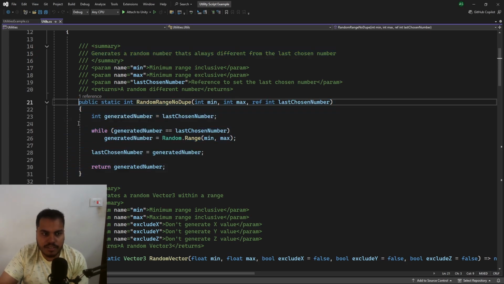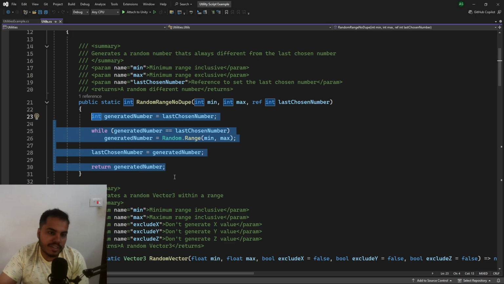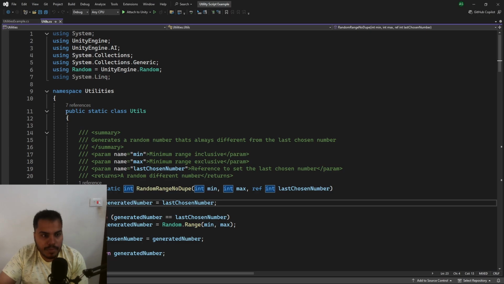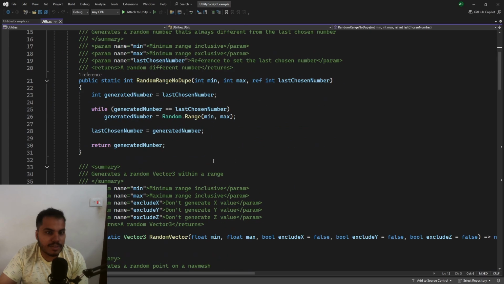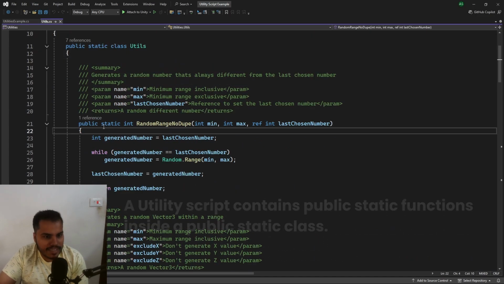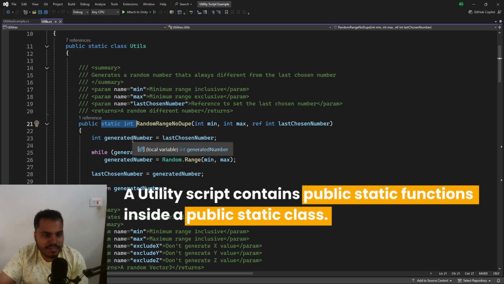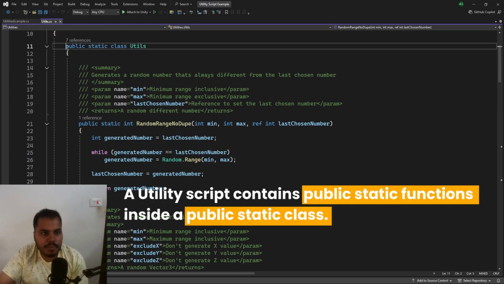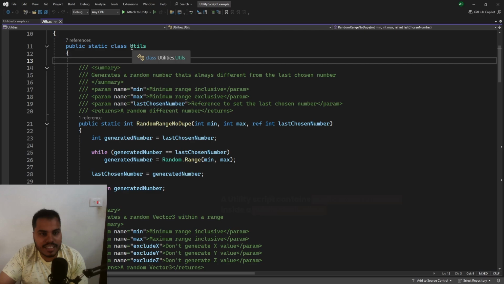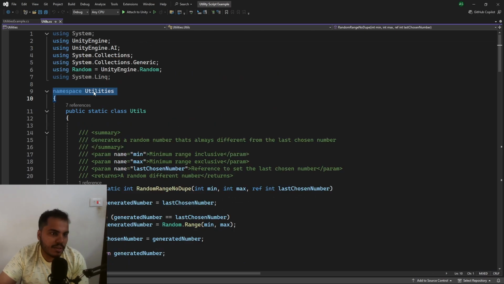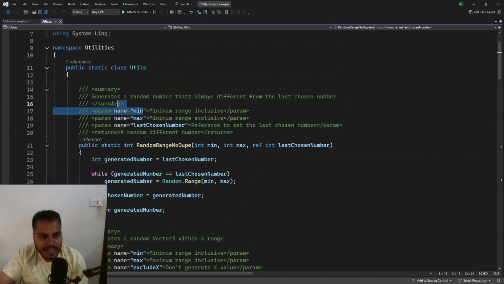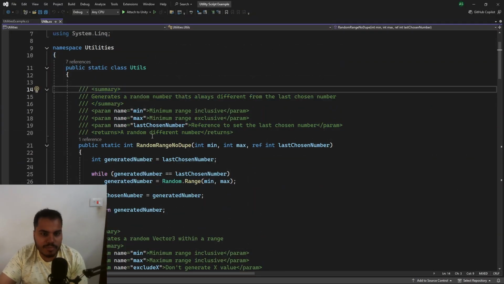This is really useful. If you were to write this code manually, then you'd have to do this for every dependency. So one simple solution would be to create a public static utils class. I know this might sound complicated, but it's essentially creating public static functions inside a public static class, and we're just giving it the name utilities. Plus, we are also adding the entire class to the namespace utilities. We'll take a look at the syntaxing in just a little bit. It's not relevant, but it's really great.